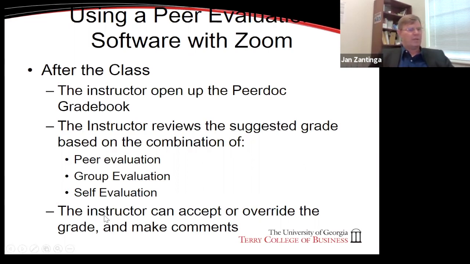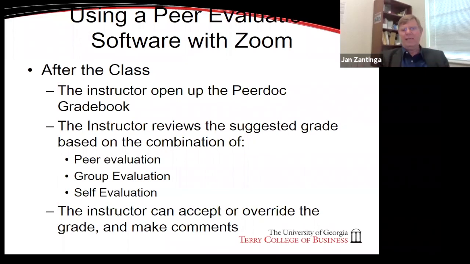The instructor then can either accept that grade or I can override the grade. I can look at the PowerPoint presentation, I can look at all the evaluations and I say, given what I'm seeing here, the suggested grade from the students is an 87.5, but I really think they did better than that. I am going to give it a 90, and I'm going to give some comments as to why this particular group receives a grade of a 90 rather than an 87.5 or a 95.